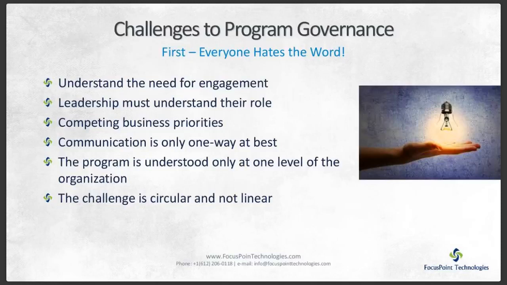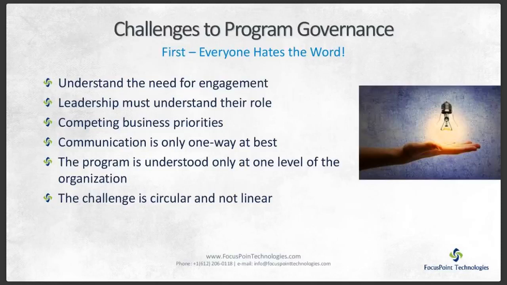The struggle with one-way communication is also a problem. Once you can start to have that two-way conversation at multiple levels within the organization, you'll see our engagement process will improve drastically. Notice I said all levels of the organization, so that means executives communicating up, your staff communicating down, and of course your peers, sideways communication. The program must be understood and embraced at all levels to be truly effective.